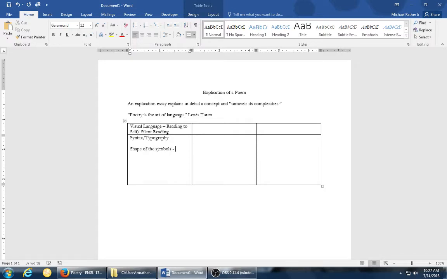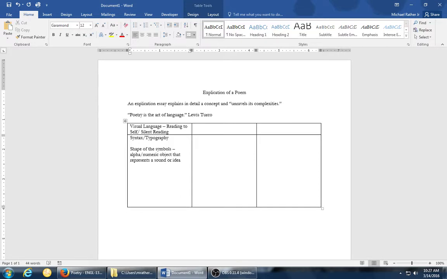And in our language, in this context, a symbol refers to the alphanumeric object that represents a sound or idea. And for many of you, that might be weird to think about, but it goes back to my idea of how CAT does not equal